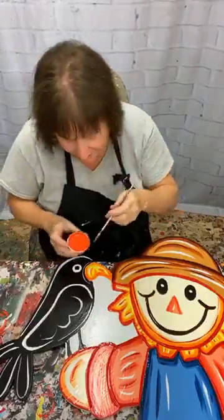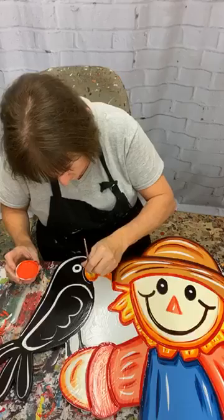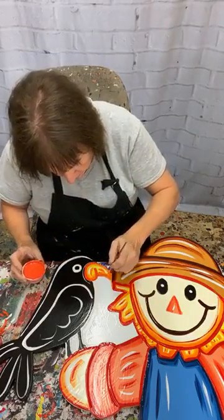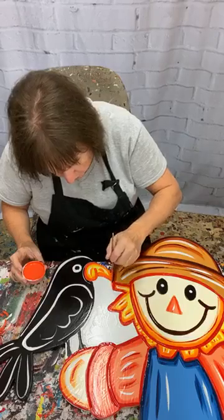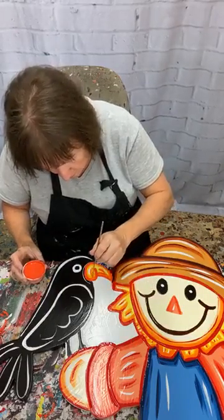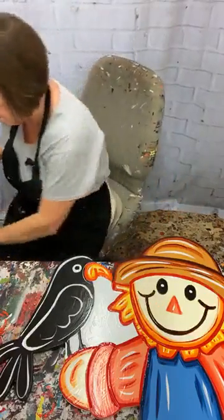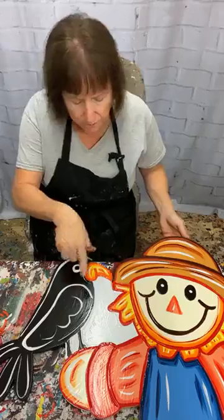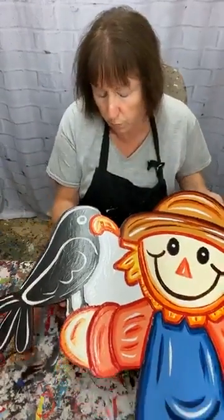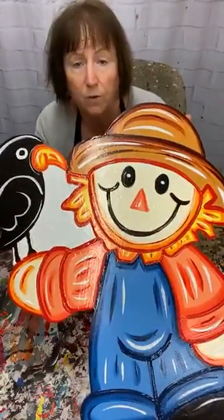Okay. Got it now. So this is just the shading orange. And I'm just doing that beak. I'm outlining it in shading orange. I chose not to do a really bright red orange. I could have done this in the red orange and that would have been fine. There's no rule that says you can't. But when you've got a lot of red orange on there, which I love, don't get me wrong,